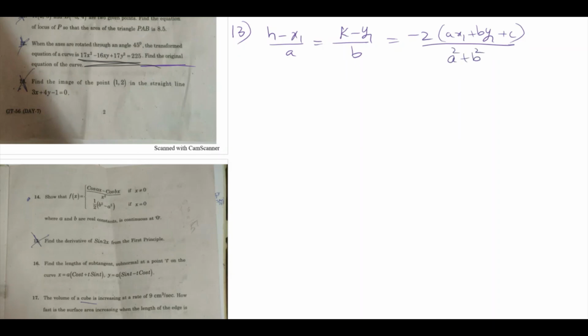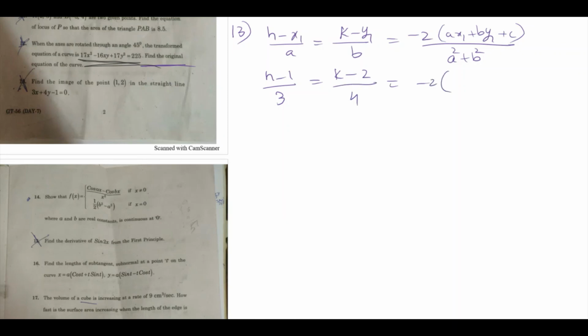Next is 13th question. Find the image of the point 1, 2 in the straight line. The formula for the image is h minus x1 by a equals k minus y1 by b equals minus 2 of ax1 plus by1 plus c by a square plus b square. Given x1 comma y1 is 1 comma 2. So h minus 1 by the value of a, which is 3, equals k minus y1, which is 2, and b is 4, equals minus